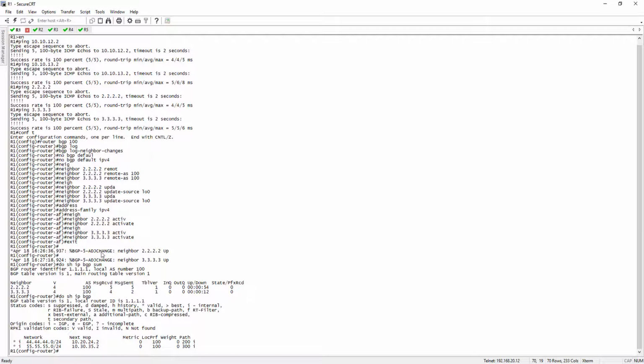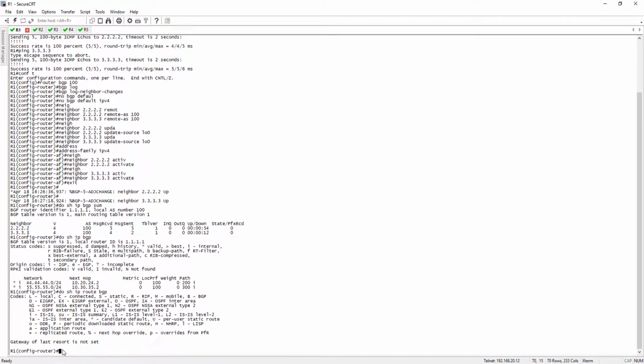So on router 1, we can see that both of the routes have been advertised. However, we don't have a valid and best symbol on here. We don't have a best symbol. So we've got the valid, the route is valid, but we don't have a best. So that means it's not entered into the RIB. So we've got no routes here. Why? Okay, the reason being,